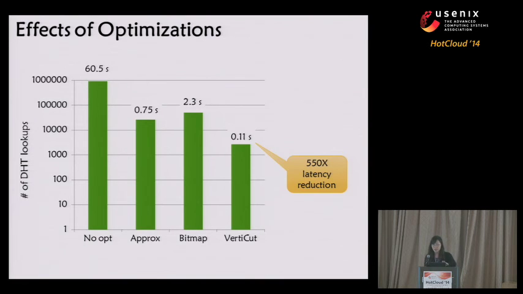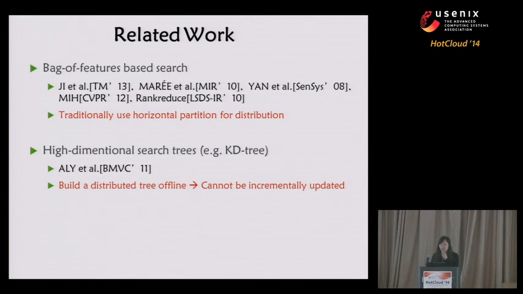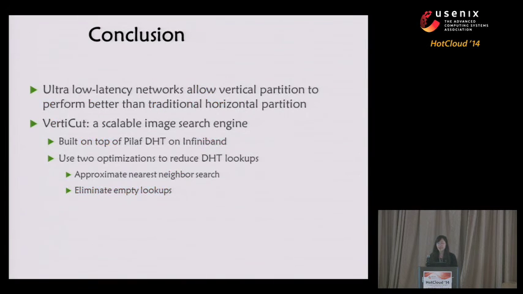We can find that with approximate search, we improve the query latency by a factor of 50, and our VertiCut can achieve 550 times latency reduction. Related work, you can look into my paper, and now I make a conclusion that in this talk